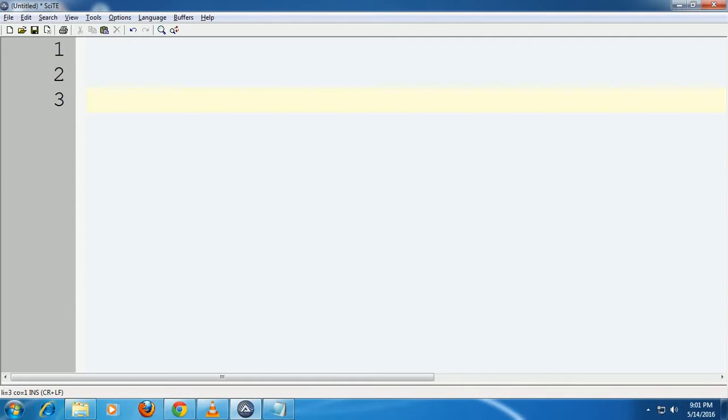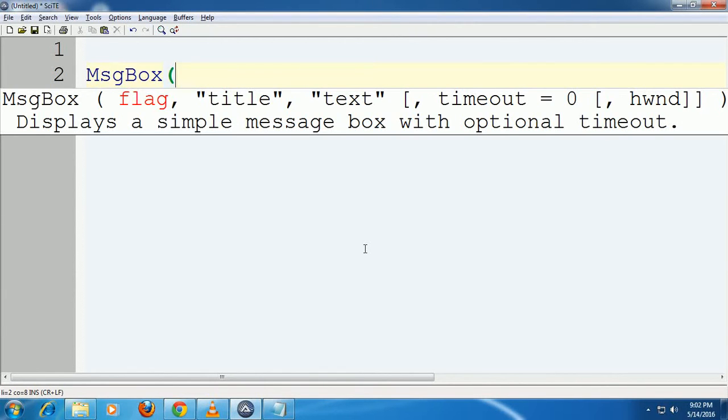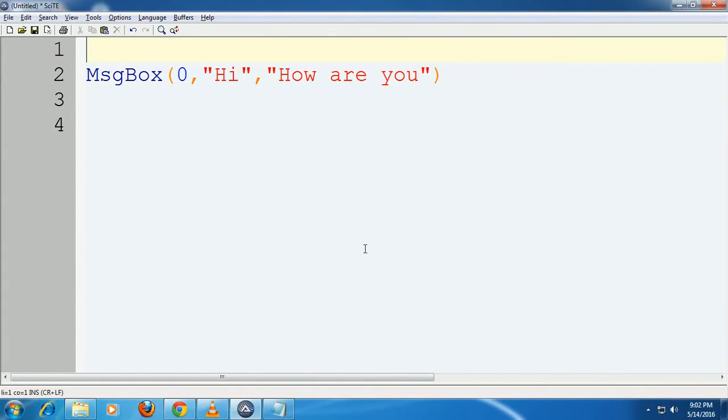So AutoIt comes with two different types of comments. One is using a special character and another one is using an AutoIt function. Let's see them one by one, and before that I'm just writing one line of code here: MsgBox. This MsgBox function is used to display a message to the user. So I'm going to add a comment that I'm displaying a message box in the second line,